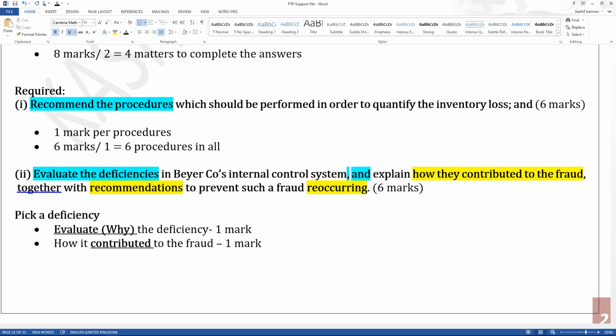And then for every deficiency, you need to give a recommendation. So a recommendation is worth 1 mark. So if one student picks 2 deficiencies, will he be able to take 6 marks? You pick 2 deficiencies. For every deficiency, you will first tell why, how it contributed, and recommendation. Just for example, if I want to demonstrate this,